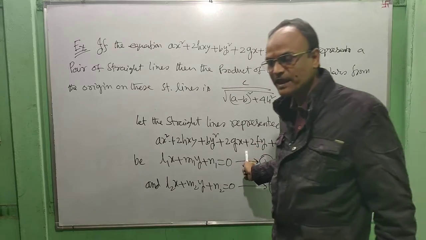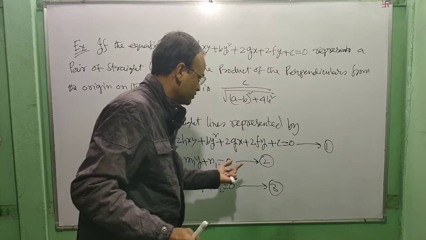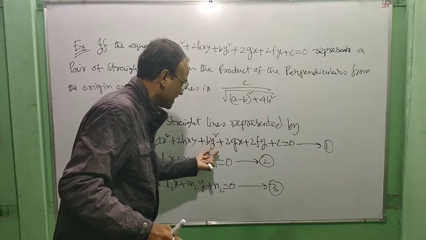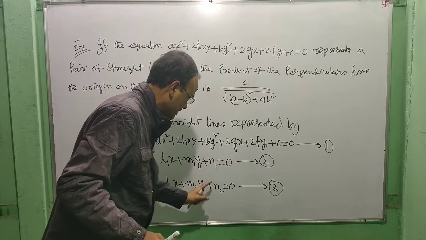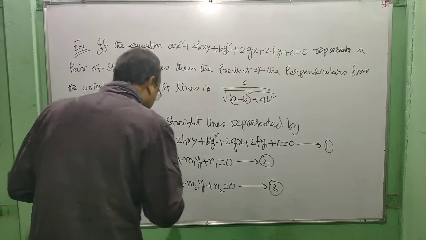Number 1 represents a pair of straight lines. Suppose the straight lines represented by 1 are 2 and 3. The combined equation of 2 and 3 is